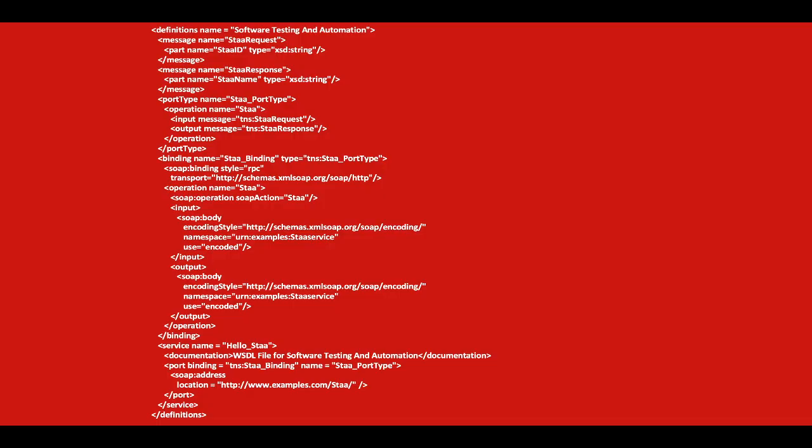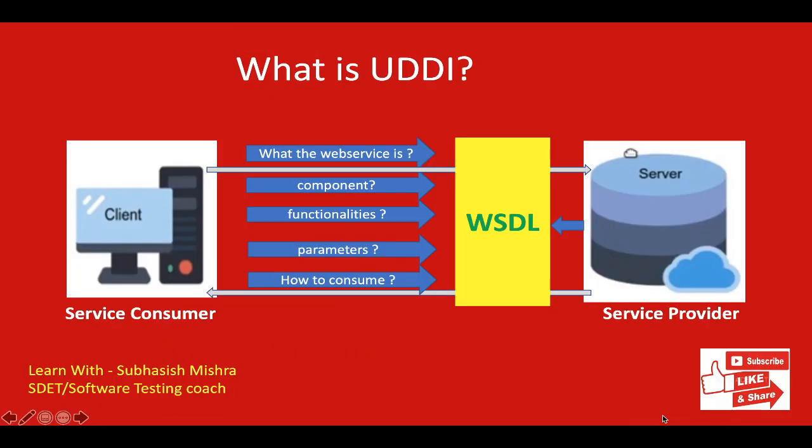Then we have a service tag. Service tag is a name given to the web service itself. Initially, when a client application makes a call to the web service, it will do so by calling the name of the web service. For example, a web service can be located at an address such as http, here you can see example.com something. The service tag will actually have the URL defined, which will tell the client application that there is a web service available at this location. That's all about WSDL. So we can say WSDL is an XML based interface which is created by service provider and consumed by service consumer who uses the web services.